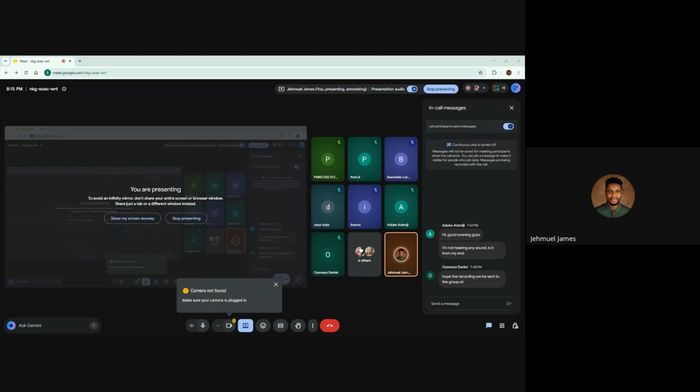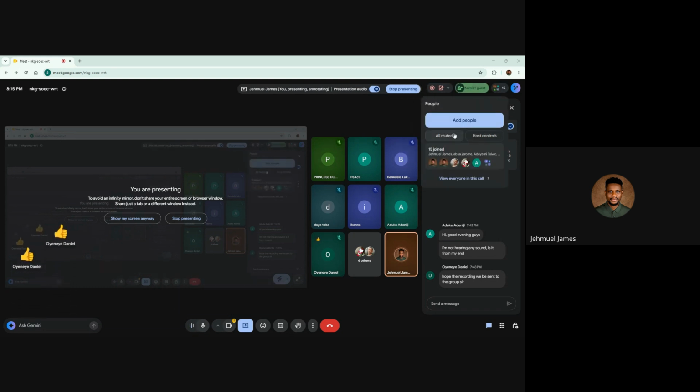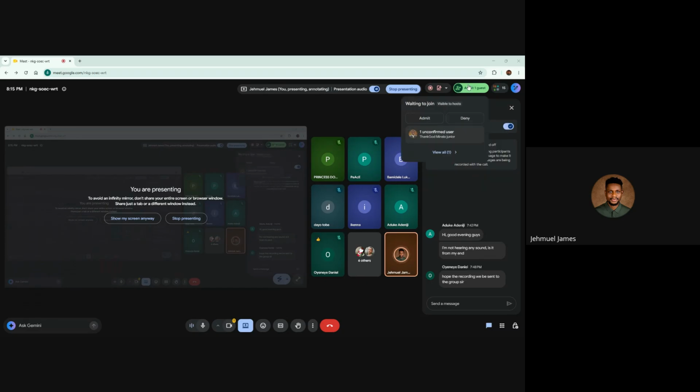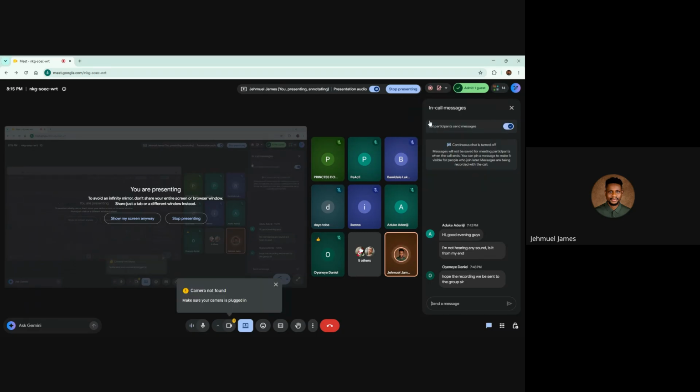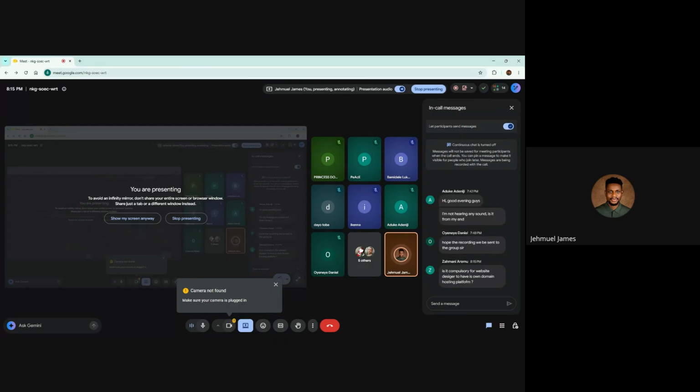The office used to be in Gwarimpa, Abuja, if I'm not mistaken. If you go on their website or their Facebook page, you see a lot of comments: this is down, that is down, this is not working. The reason is simply that some of these hosting agencies are hosting their websites on